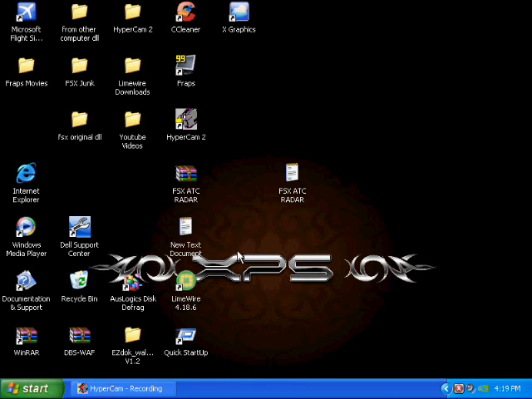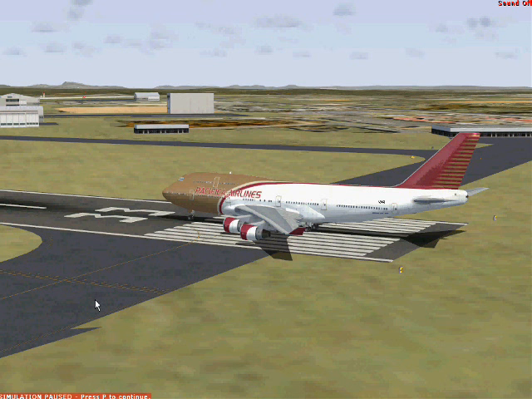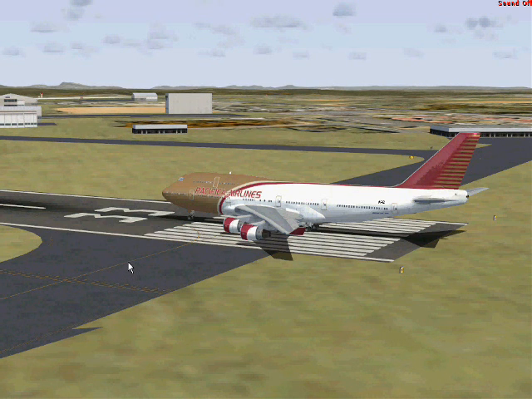Now what we want to do after we close it out is go test it out. I'm going to launch my FSX here. I'm not going to record me opening it up and everything, it just takes up time, but I'm going to open it back up once the game is going. Alright, now I have FSX running. What you want to do now to check and see did it install correctly